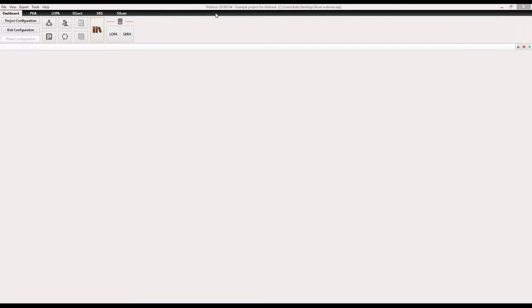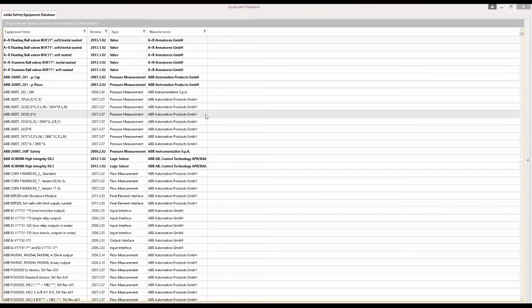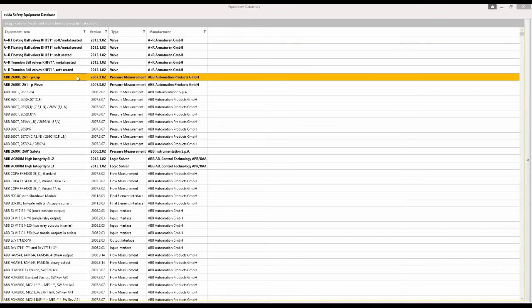Another cool thing right here on the dashboard, which I guess you hadn't seen before. Again, here are the different tabs. So you have your PHA, LOPA, SIL selection, SRS, and Silver. Right here you see the databases. For Silver, obviously, you're most interested in the SCRH. So you can click on this, and here is the entire SCRH. The viewer allows you to click on the device,